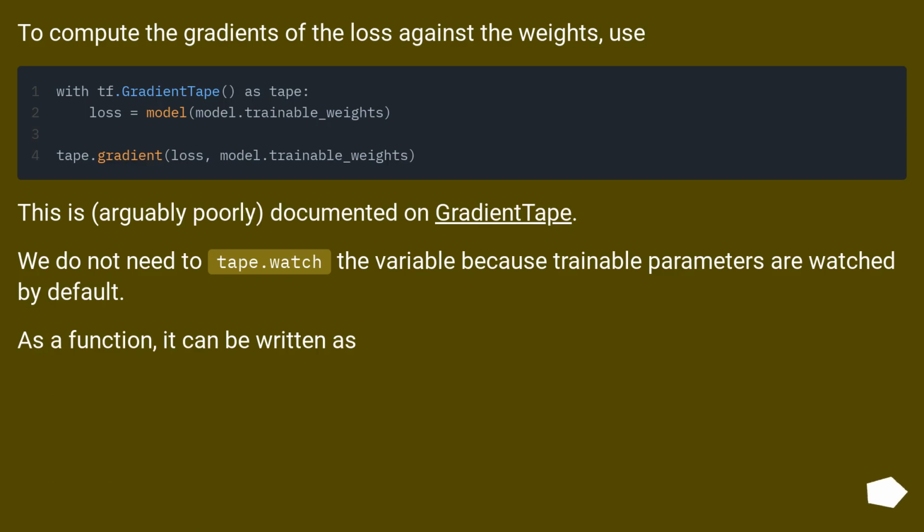To compute the gradients of the loss against the weights, use GradientTape. This is, arguably poorly, documented on GradientTape. We do not need to tape.watch the variable because trainable parameters are watched by default. As a function, it can be written as